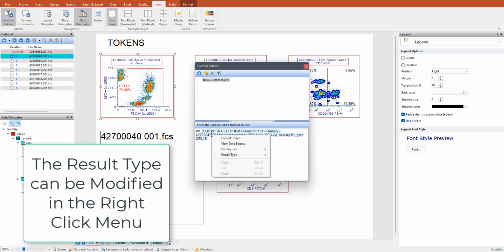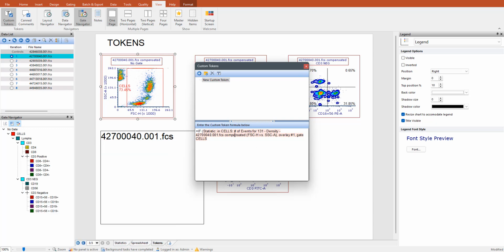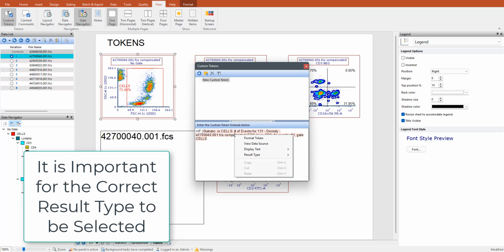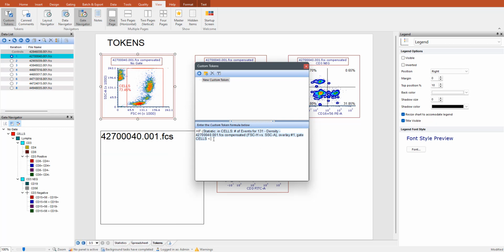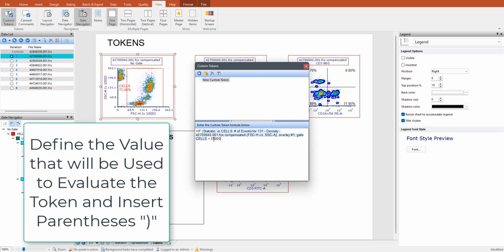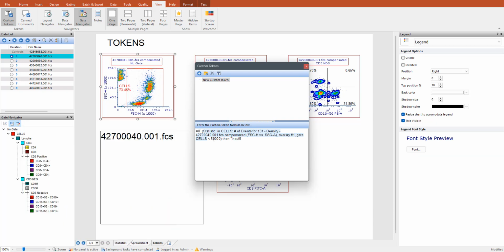If we right click, we're going to see that the result type is numeric. If we need a text type, we can select text and we'll notice that the coloration is now this orange color. So it is important to notice what result type you need. We're going to switch this back to numeric so we can complete our equation. When the number of events is less than 50,000, then insufficient. Else,